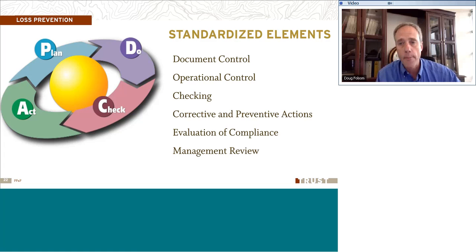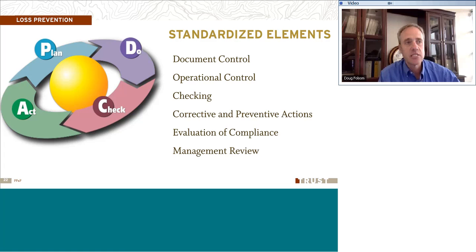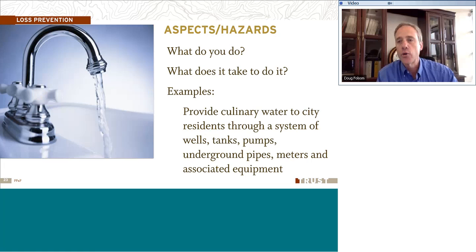Document control, operational control, verifying that we are following these controls, corrective actions, and self-audits are all things that we should work into our management system to help make sure that we are getting to the end goal and making sure that we're following our policies and procedures. On a regular basis, management needs to review how we're doing, if we're following our management program, and if we are following our procedures and accomplishing our goals.